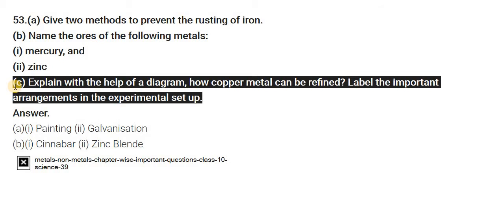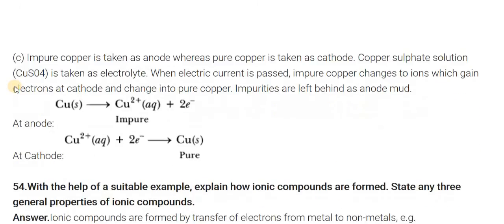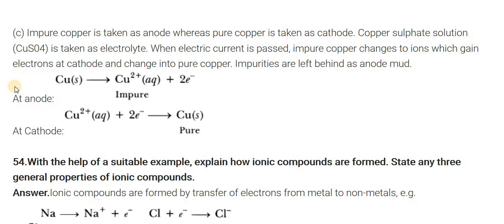While we are connecting it with the battery and applying the electric current, then we get the pure metal on the cathode, and whatever impurities are present on the anode settle down at the bottom of the anode. The impurities we collect at the bottom of the anode are known as the anodic mud. So that arrangement you have to draw.